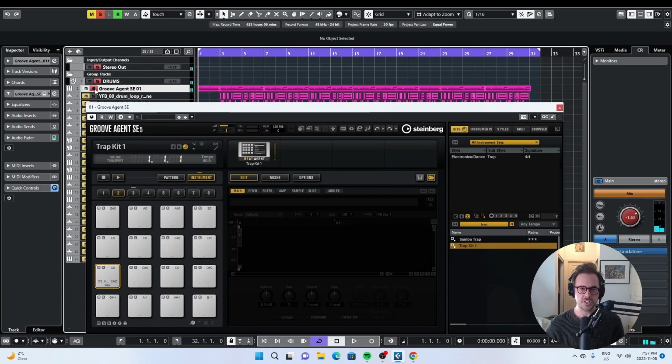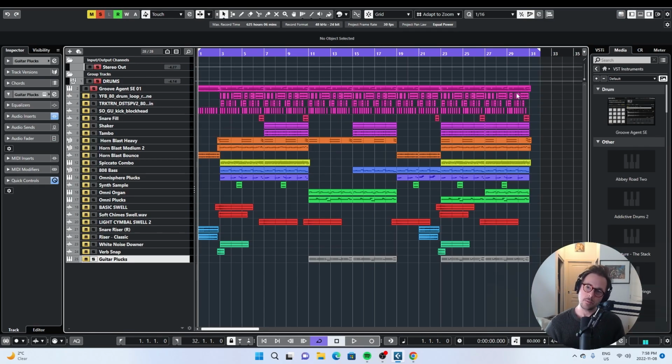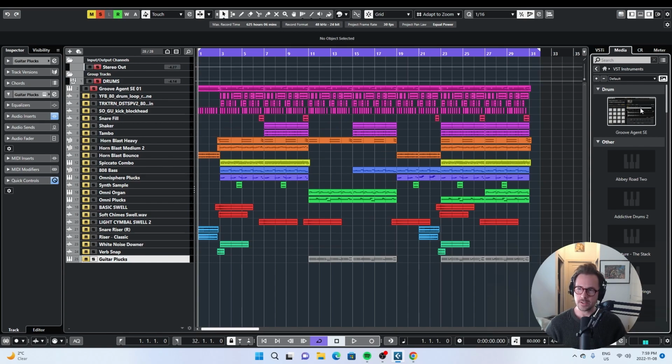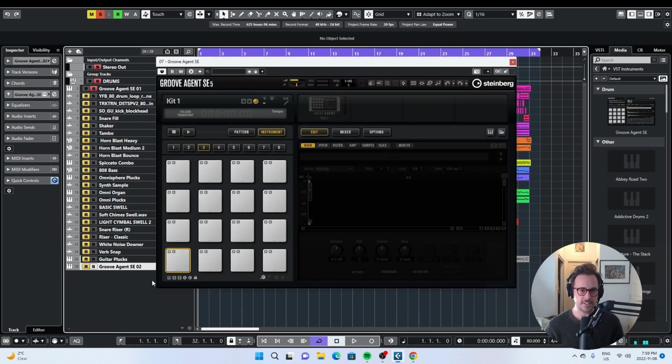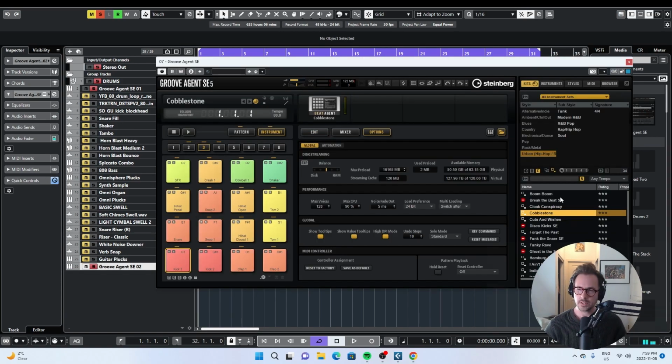It's just a really, really simple trap kit that I created just by loading samples, throwing them right onto the pads here. So actually I was messing around with some of Cubase's stock drum kits using Groove Agent the other day. And by the way, I love in Cubase that you can just drag and drop these VSTs. That's slick. I like it. Like some of these hip hop kits that come with Cubase, pretty sweet. Got Cobblestone loaded up here.